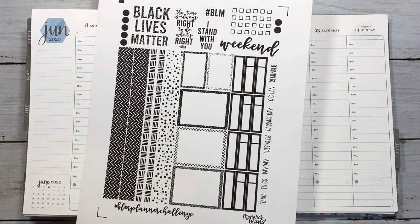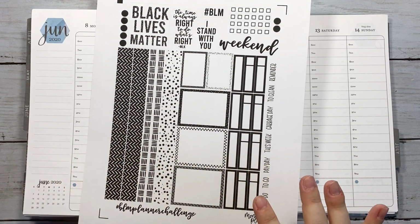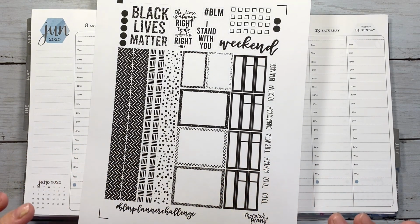And I know decorating my planner a certain way doesn't do a whole lot in the scheme of helping in the Black Lives Matter movement, but I think it shows a lot of solidarity. It shows your support. So I'm participating this week, and I know a lot of other people are as well. I created this kit, I designed it, I set it all up, and I decided to make this available